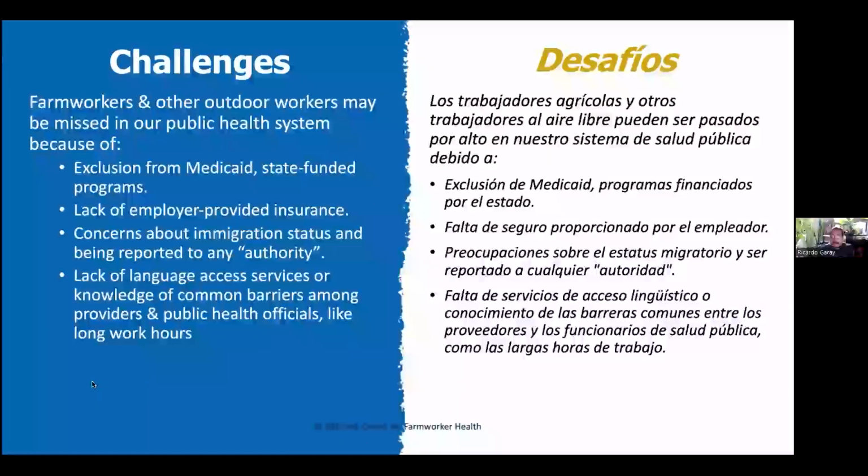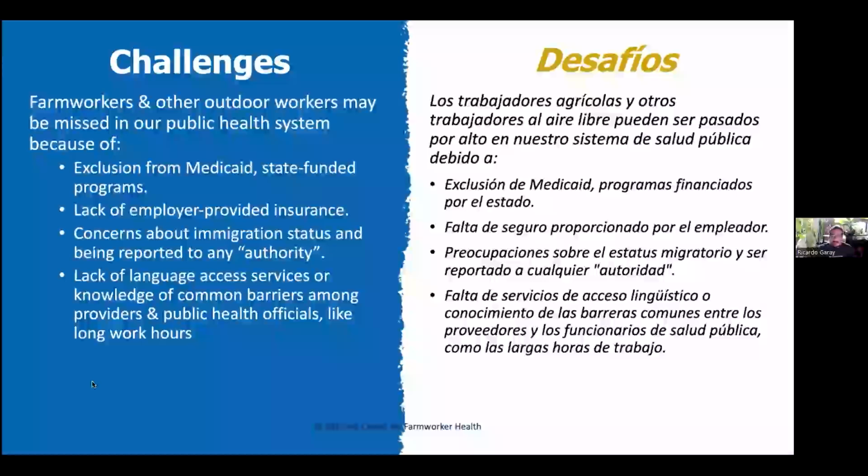Also, speaking about challenges, I had mentioned prior to this that farm workers and other outdoor workers may be missing in our public health system because of various factors. They're excluded from Medicaid and state-funded programs. They lack employer-provided insurance, so they are ignored or excluded. They have concerns about immigration status and being reported to any authority. They are afraid of raising their voice, or afraid that they will be made to register their immigration status,